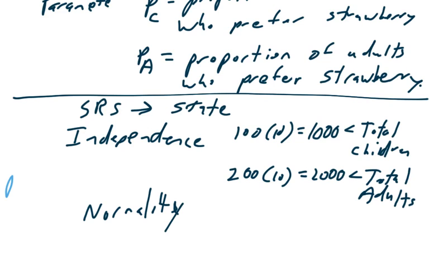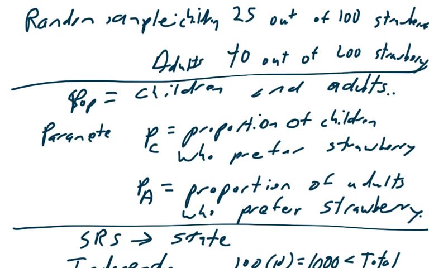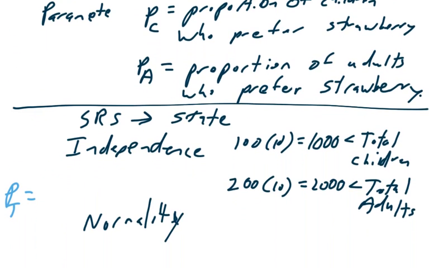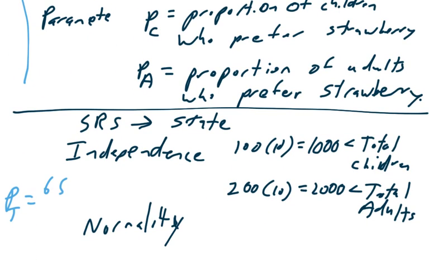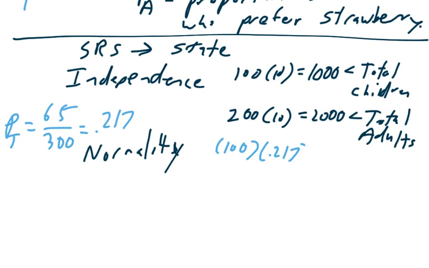So over here, I'm going to have P total, because I've already used PC, which I would normally use for pre-combined. And we got 65 out of 300, because 65 like strawberry out of the 300 total students. That turns out to be 0.217. So 100 times 0.217, 100 times 1 minus 0.217,